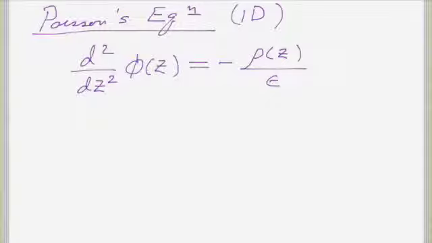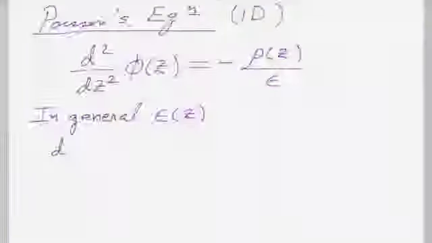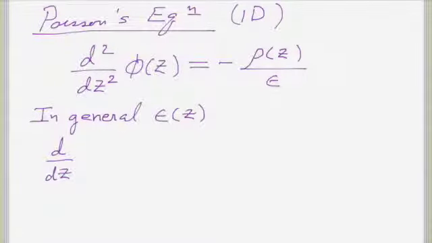Now the first thing is that, since you're modeling semiconductors, in general, epsilon is not constant. You're going to have different materials, a layered structure like those RTDs we were just looking at, and each different layer, each different semiconductor has a different epsilon. So epsilon is going to be a function of position also. And so when epsilon becomes a function of position, then you're looking at this equation: d dz of epsilon of z d dz phi of z